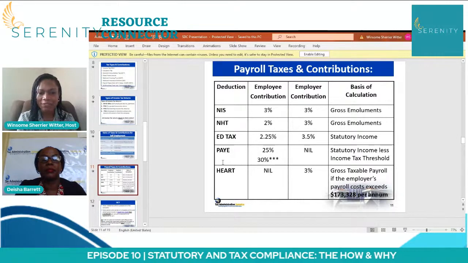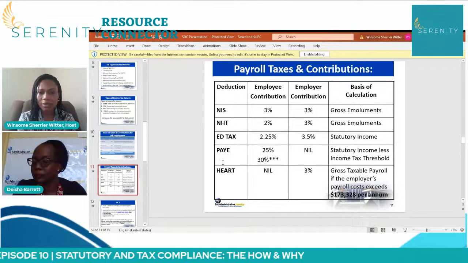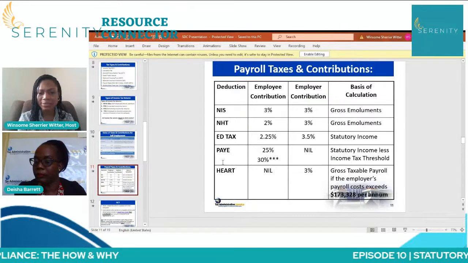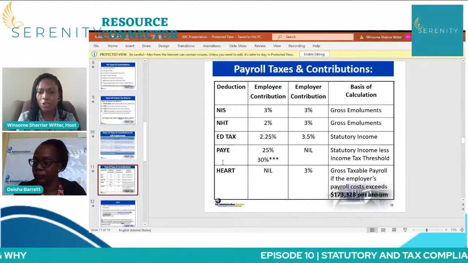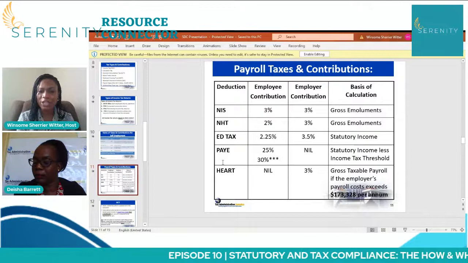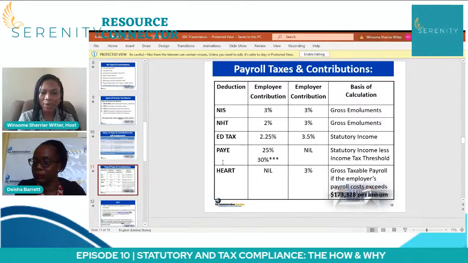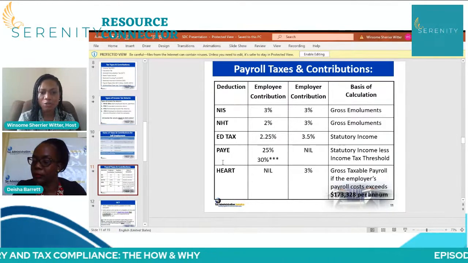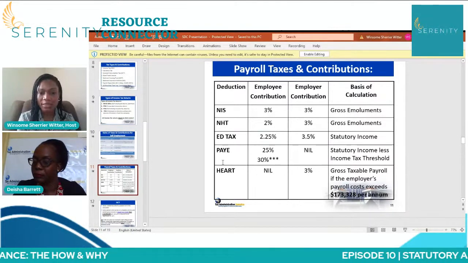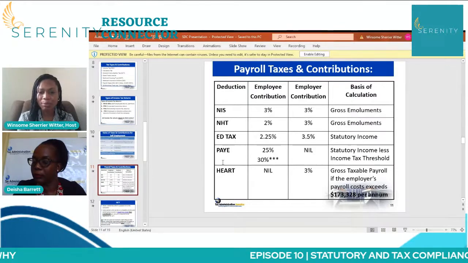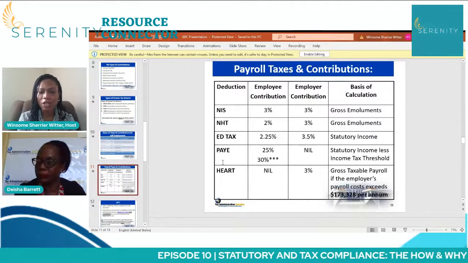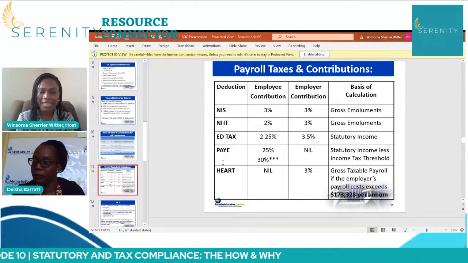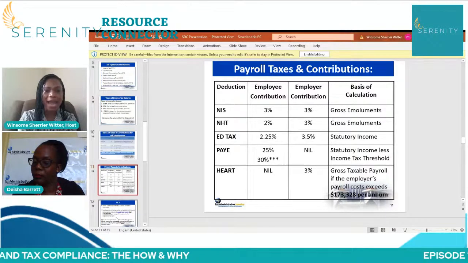PAYE 25%, right? That's contribution by the employee. And we're going to see what this 30% is about in a little while. So the statutory income less your income tax threshold is what the PAYE is calculated on. Your HEART contribution is by the employer, and that's on the gross taxable payroll if the employer's payroll cost exceeds 173,328 Jamaican dollars per annum,